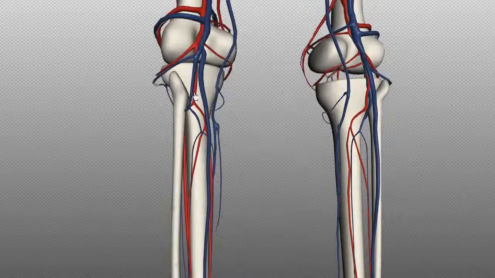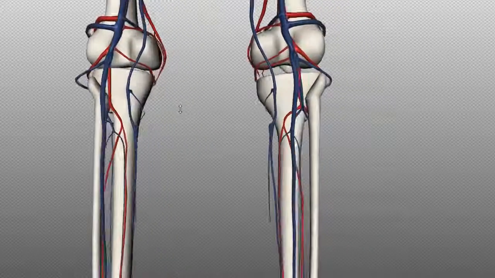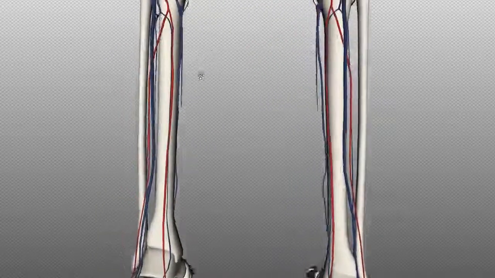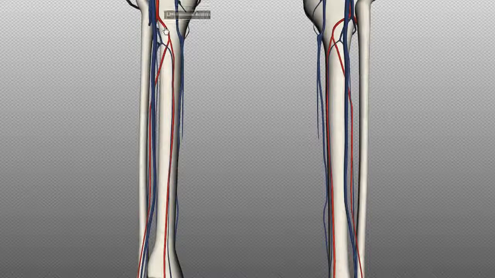And then at the back you've got two branches. You've got the posterior tibial, so the popliteal artery splits into the posterior tibial here. The posterior tibial artery runs down the posterior surface of the tibia, and you've got the peroneal artery, which runs laterally